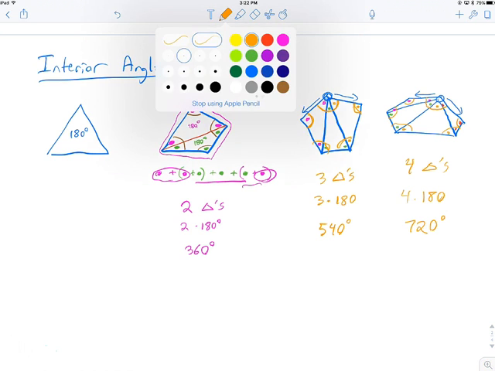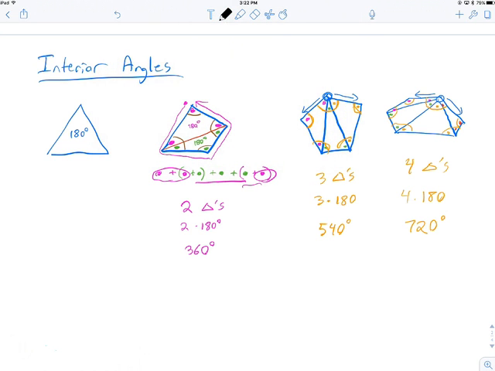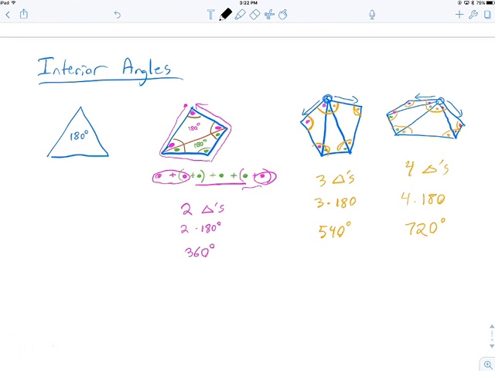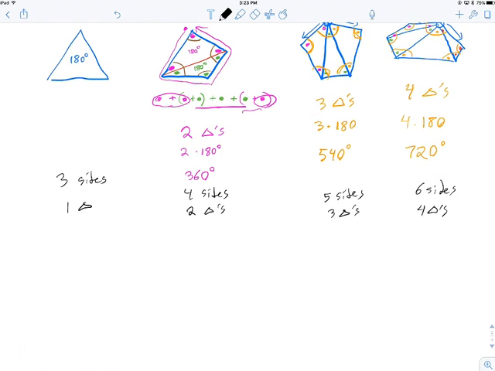So what I'm finding is, when I had 3 sides in my polygon, I had 1 triangle. When I had 4 sides, I had 2 triangles. When I had 5 sides, there were 3 triangles. When I had 6 sides, I had 4 triangles. And actually, this pattern continues indefinitely. So for any convex polygon,